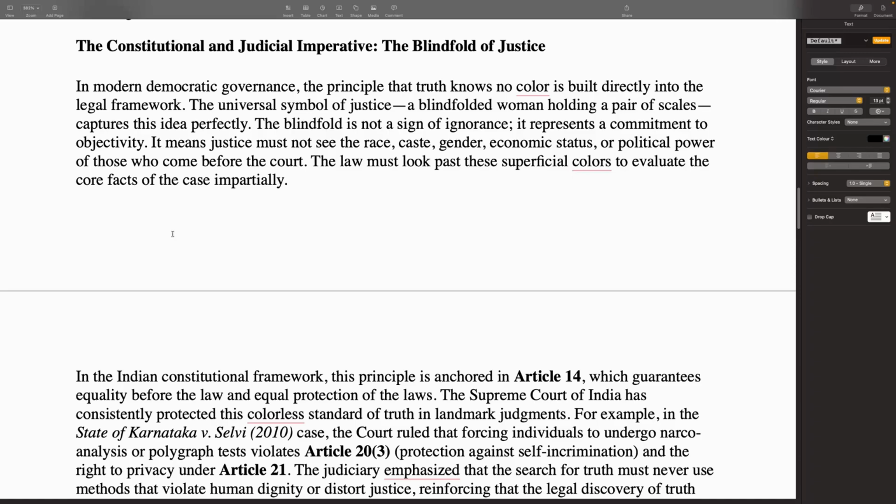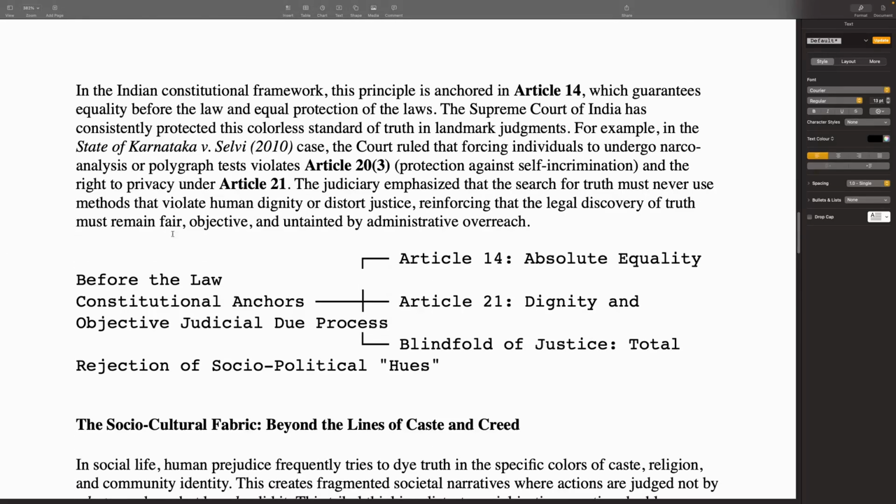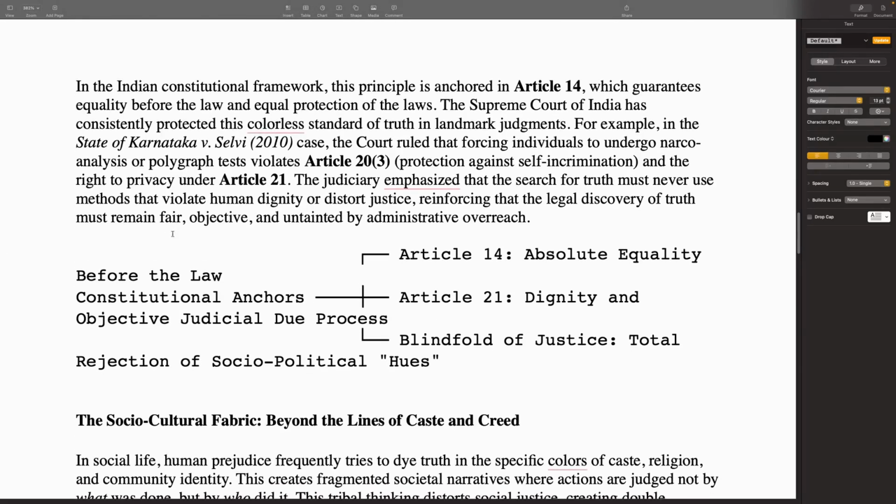It means justice must not see the race, caste, gender, economic status, or political power of those who come before the court. The law must look past these superficial colors to evaluate the core facts of the case impartially. In the Indian constitutional framework, this principle is anchored in Article 14, which guarantees equality before the law and equal protection of the laws. The Supreme Court of India has consistently protected this colorless standard of truth in the landmark